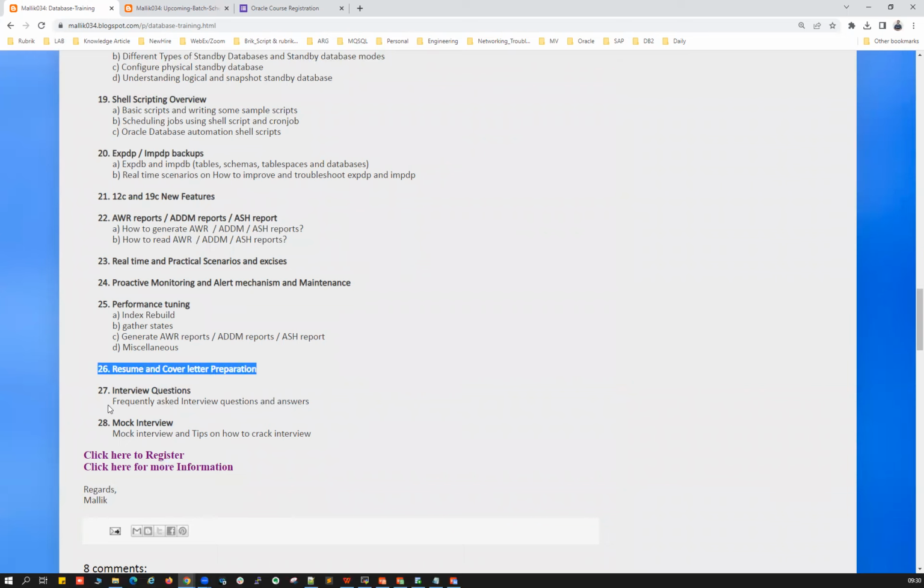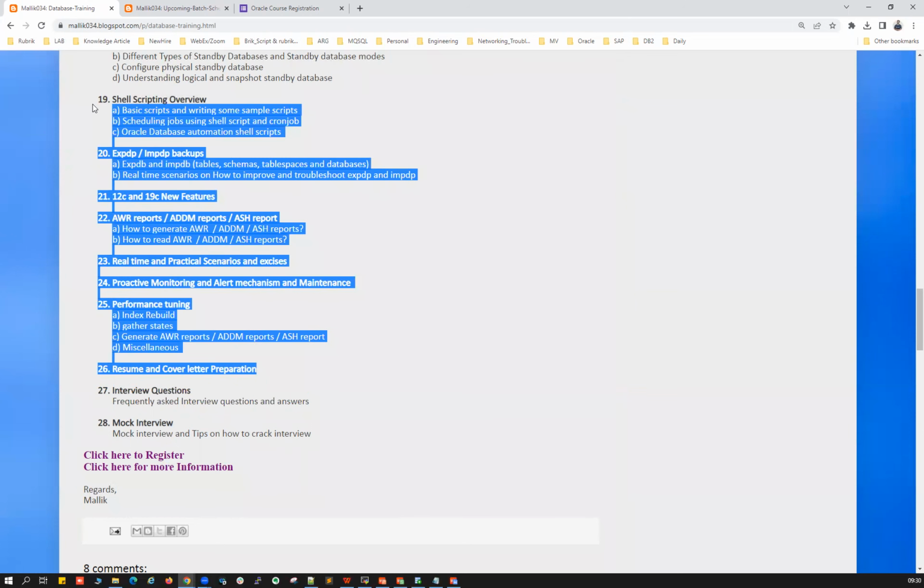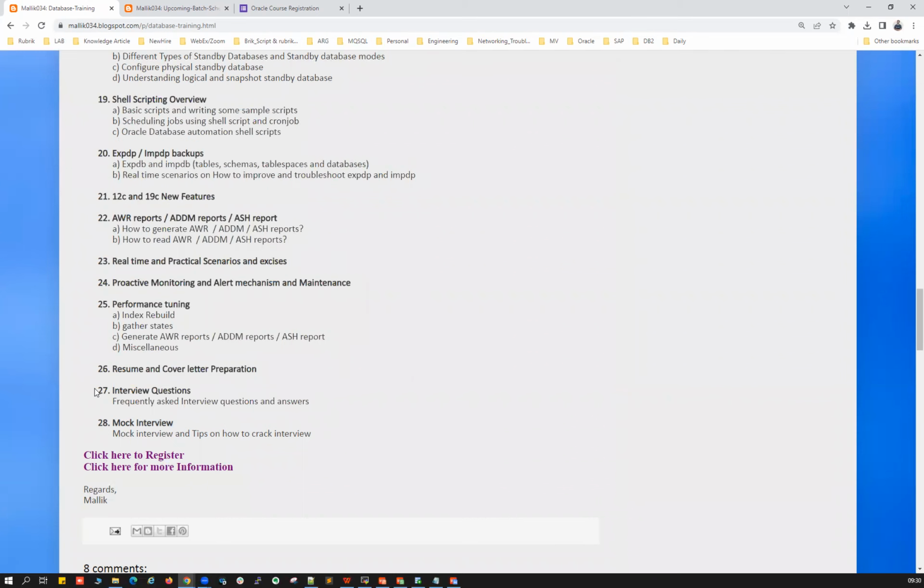Along with that, interview questions and answers will cover the entire database course, like what the expected questions and answers are. Throughout this entire course we'll discuss interview questions and answers, but at the end of the course we'll also glance at what common interview questions and answers should look like. And at the end, it is subject to everyone's interest: if you are interested, you can register for the mock interview.